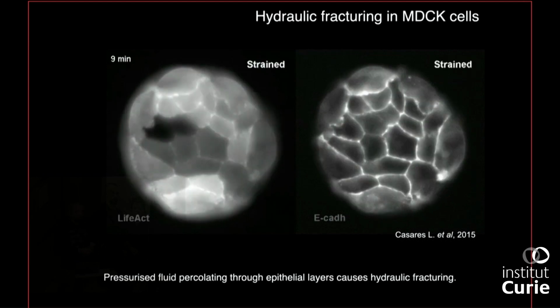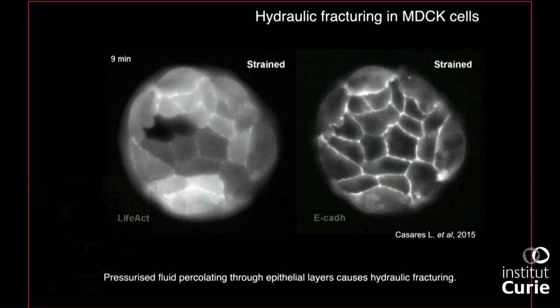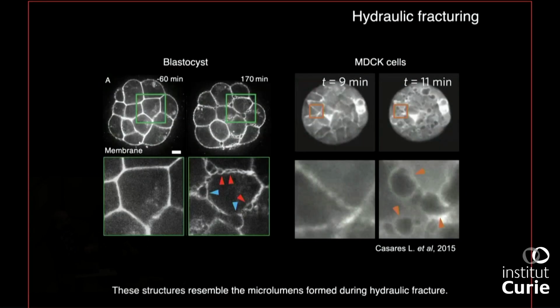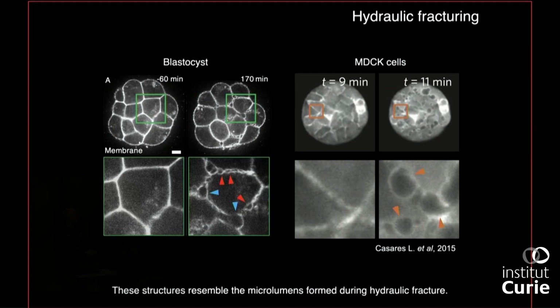And this is because the hydrogel is stretched, it loads with medium, and then when they release the stretch, the medium is squeezed out of this sponge-like material and is flushed through the epithelium. And when the fluid is flushed through the epithelium, it breaks the cell-cell contact. So this is hydraulic fracking, the same thing that you use to extract gas from the earth, right? And so we thought that those structures somehow resemble what we observed. So here it's a 2D structure, and here it's a 3D structure.